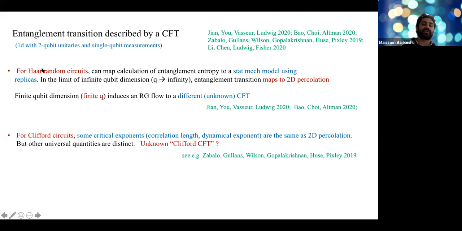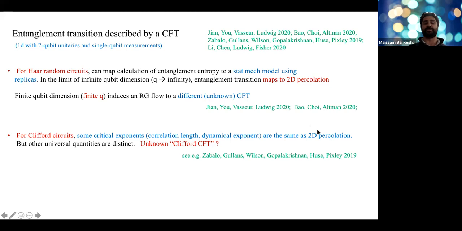Now, instead of considering Haar random unitaries, you can consider random Clifford unitaries. In this case, you can efficiently numerically simulate it, so you can extract a lot of accurate information about the critical exponents and so on. People looked at this example quite carefully, and they found that the critical exponents, like the correlation length exponent or the dynamical exponent,